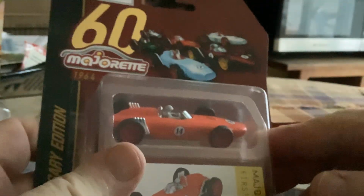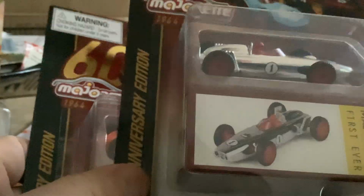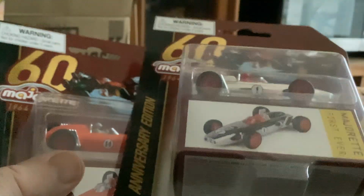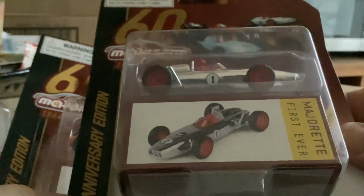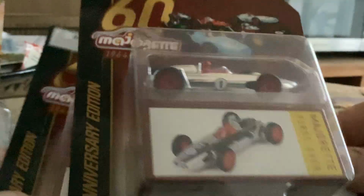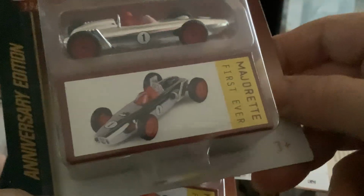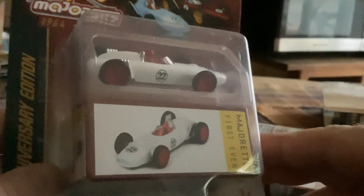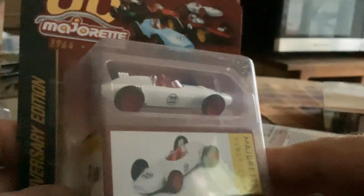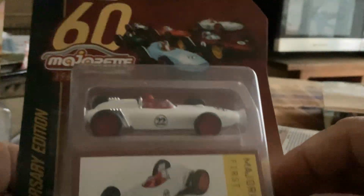All right, so again, these are all the same body style. They're all the same casting, all the same wheels, just different color and different numbers. And they all say Majorette first ever. All right. Here's a white one. So we got an orange, a silver, a white, and